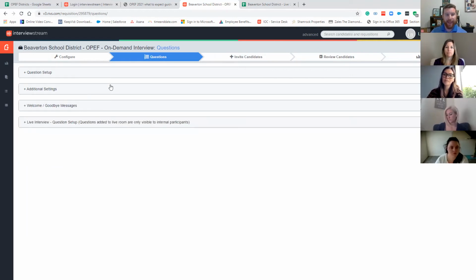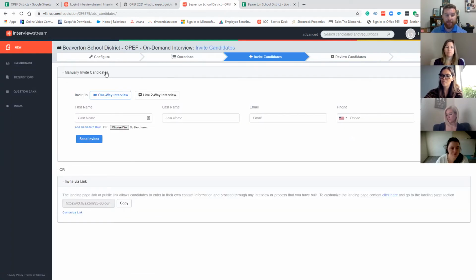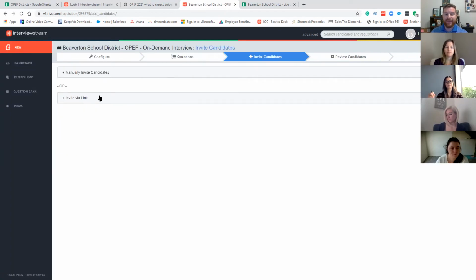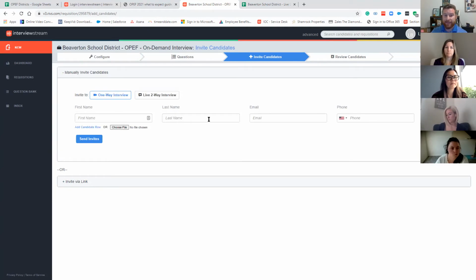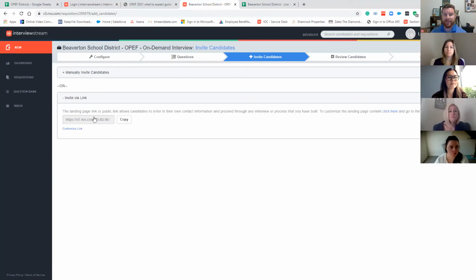And so once you've gone through all the changes, you'll just click on the Save and Next in the top right-hand corner, and then it's going to take you to the Invite page. Now, when sending out this interview, traditionally, you would have two different options. You can input your candidate's information and send them an email through our system. But because this is through the career fair, we're utilizing the Invite via link. And so from here, you would just copy the link that is available and you would place it into your